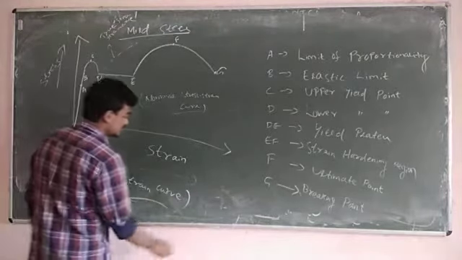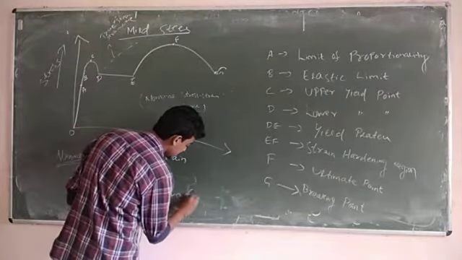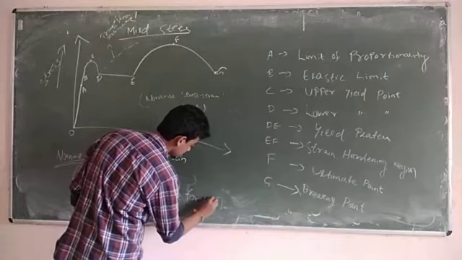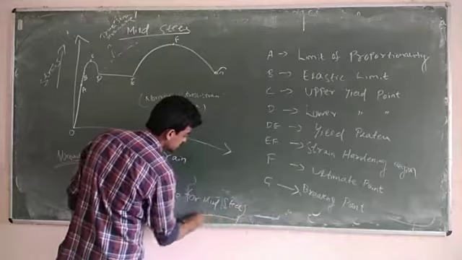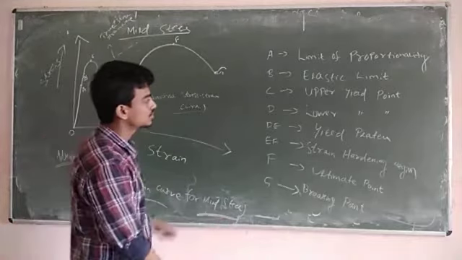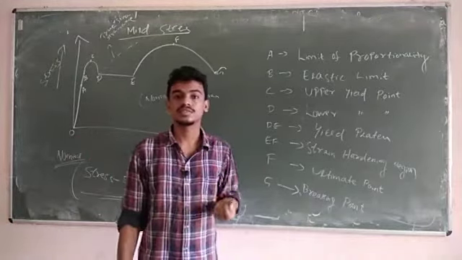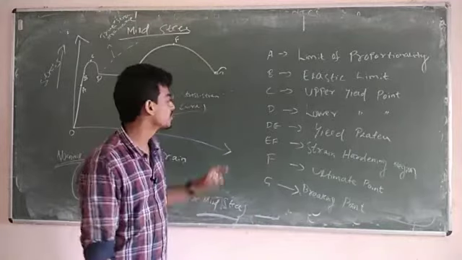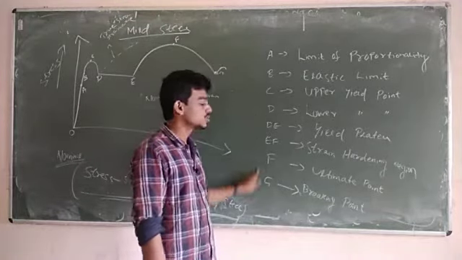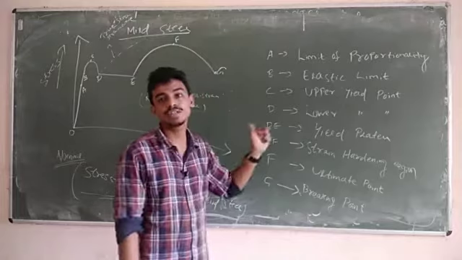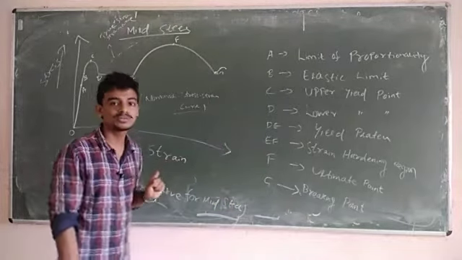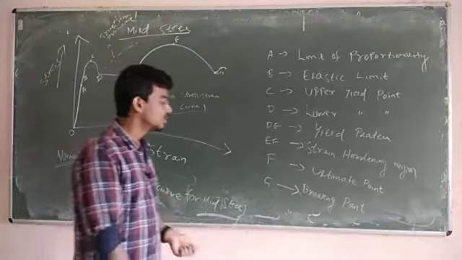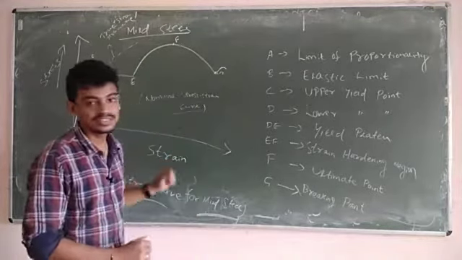I am writing here for mild steel. Don't get confused, it is much more important. So if you get this question in the semester exam, just draw the diagram, show the points like this and explain one line for each point. That's it. Your answer will be over and you get full marks. Okay, I hope this is clear. Next,